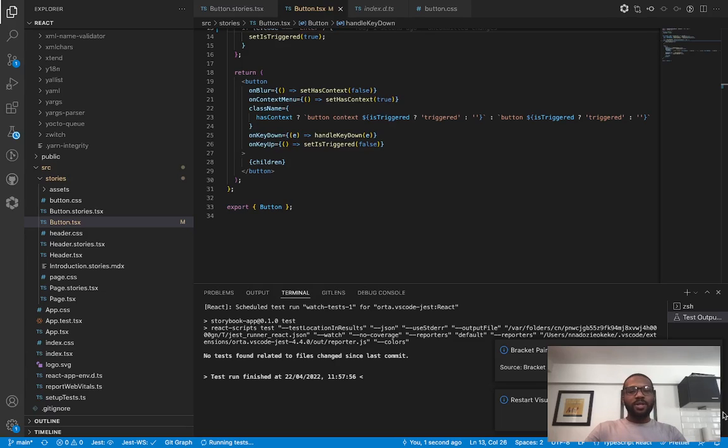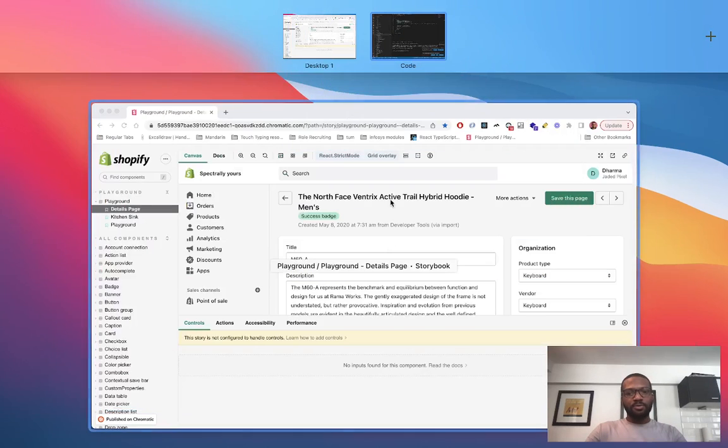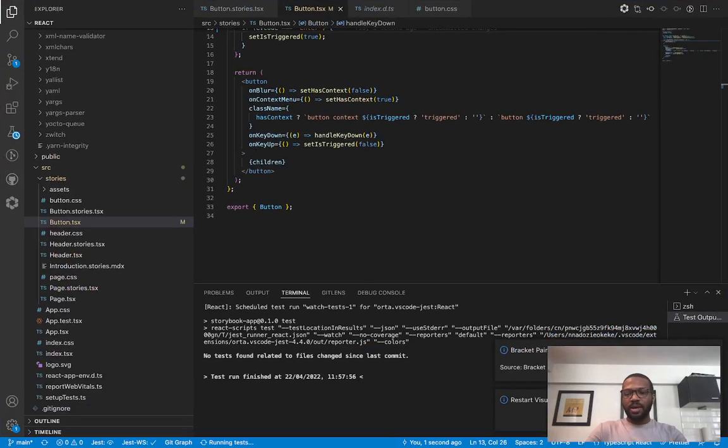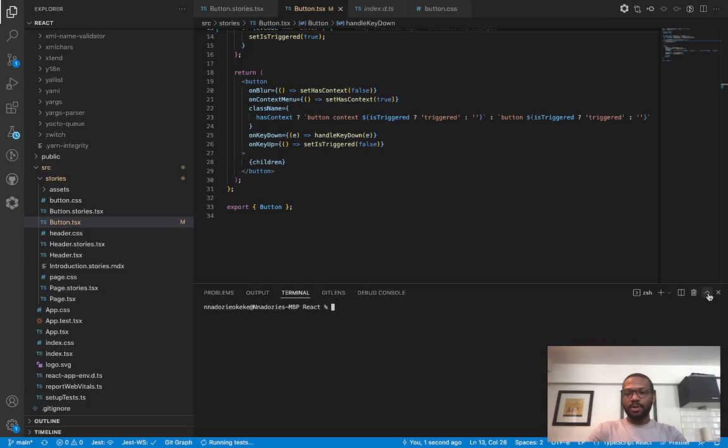Hello and welcome to another day of me playing around with React components. So first things first, I'm just gonna start up Storybook. Okay, we have a terminal there already. And Storybook,